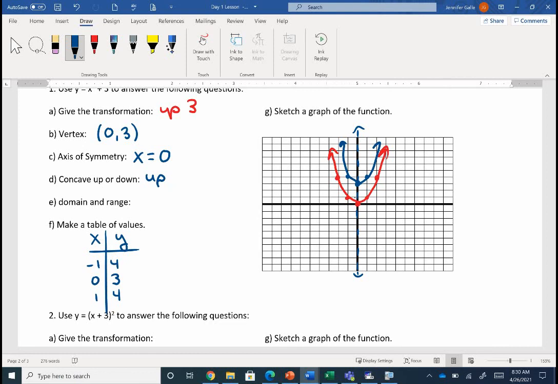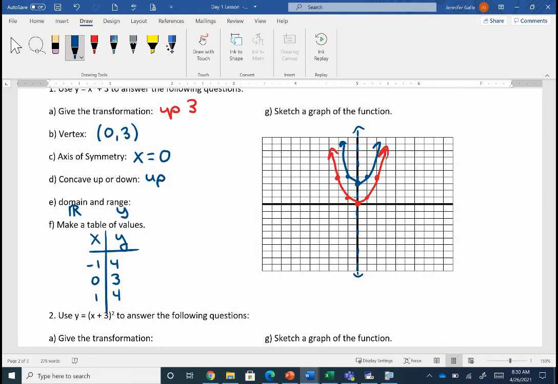And then the last piece we want to pick out are our domain and range. The domain, all real numbers, we can put anything we want in and square it. I can square positives, I can square negatives, I can square 0, I can square fractions and decimals. There's not a single number out there I can't square. Now the range though,